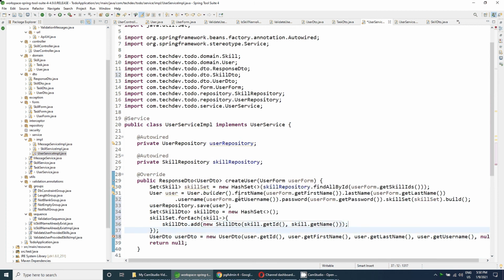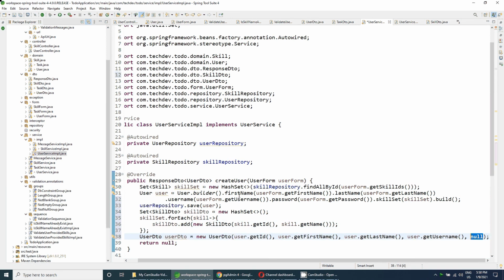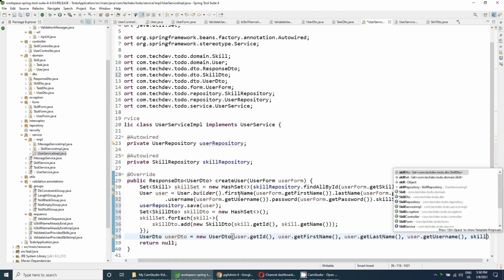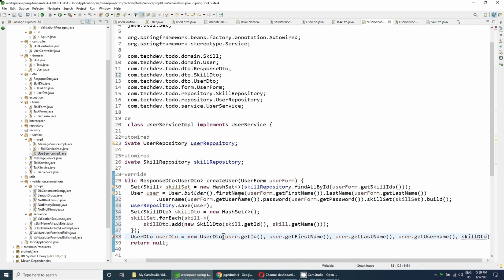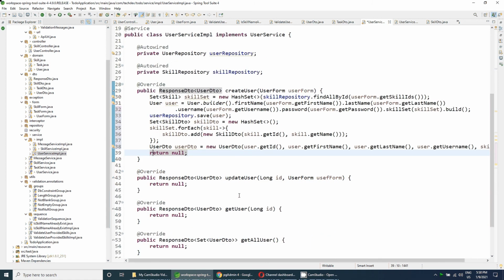In this way we will have the skill DTO set. So let's pass this skill DTO set to our user DTO object. So our user DTO object has been completed,